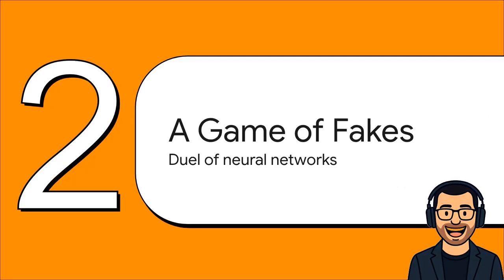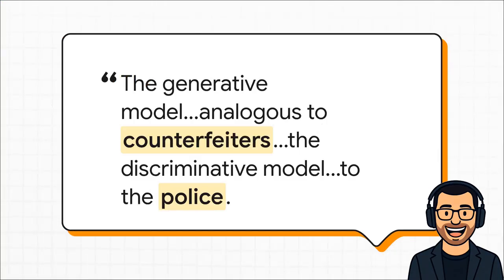All right, so let's get to the breakthrough idea itself. Instead of trying to build one single, massive, complicated model to do everything, the authors proposed something, well, kind of radical. Why not pit two simpler networks against each other in a kind of high-stakes competition? And I love this quote from the paper because it just perfectly explains the whole idea. It's so intuitive. You've got a forger who's trying to make perfect fakes and a detective who's trying to spot them. It's the competition itself that forces both sides to get ridiculously good at what they do.